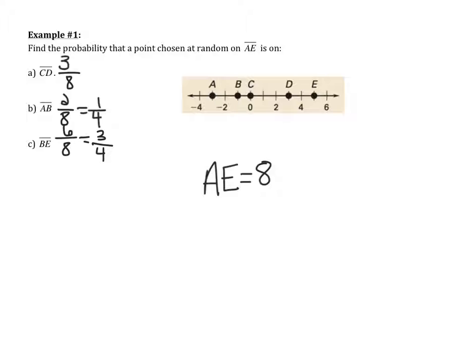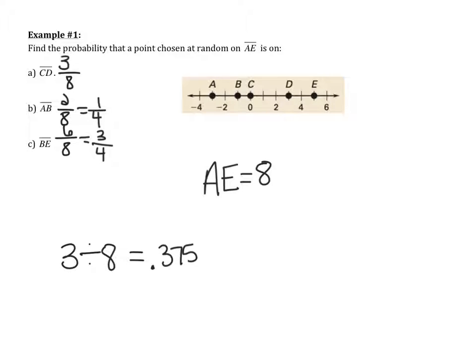So I have a 3 in 4 chance in order to get a point on BE. Of course, I could change all of these into decimals. So to change a fraction into a decimal, you just take 3 divided by 8 in a calculator. You get that decimal, which 3 divided by 8 is equal to